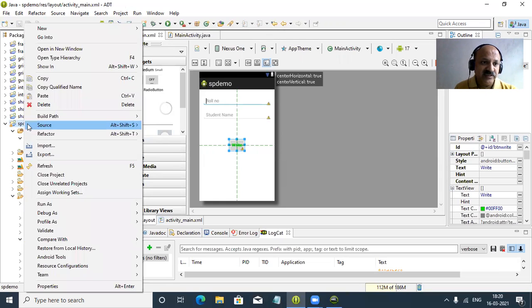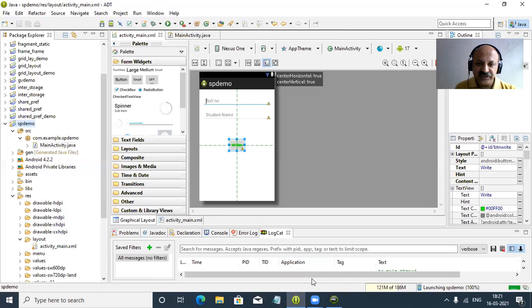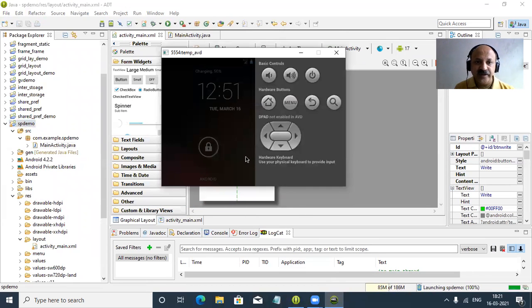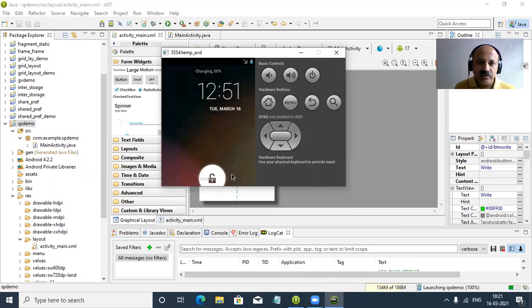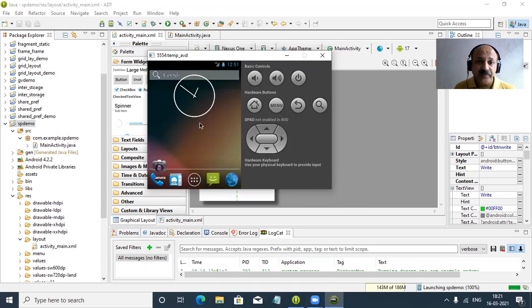So now I can run this app. Let us right click and run as Android application. So yes, our device is already ready, and I open the lock, and here it takes some process. You can look here in the status bar. So wait a few seconds, very short, our app is running and will appear on this device. So now I think in a very short time it will appear. So yes, in a very simple way, that is the shared preference technique.